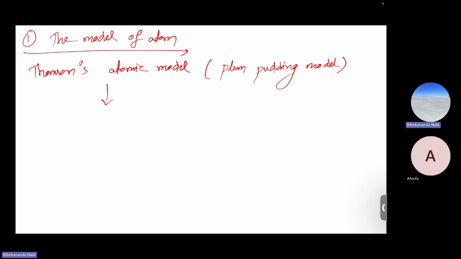where he said, like in a plum pudding, the protons are arranged in a negatively charged electron sphere, but there are some drawbacks regarding the stability of the atom. Then, to overcome these drawbacks,